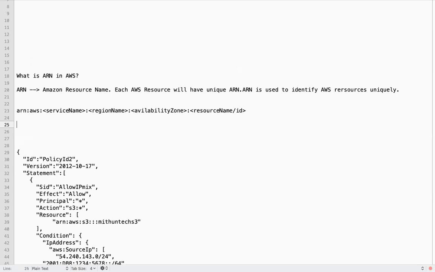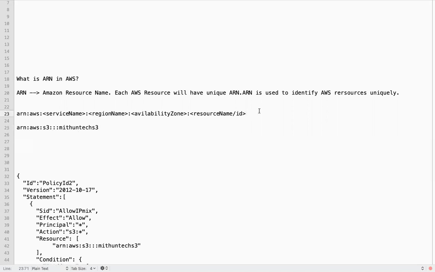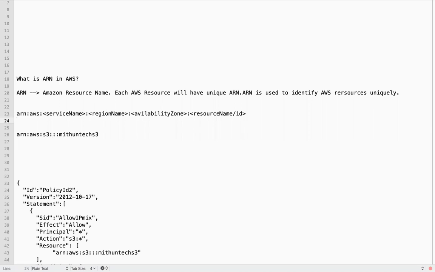If you observe, the region name and availability zone name are optional for S3. Why is it optional? Because the S3 bucket name is unique across AWS.